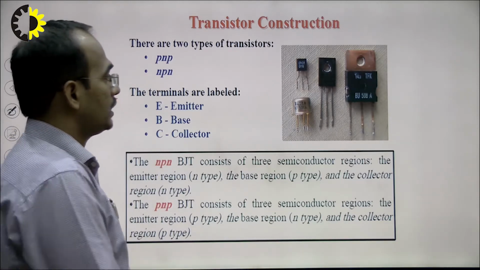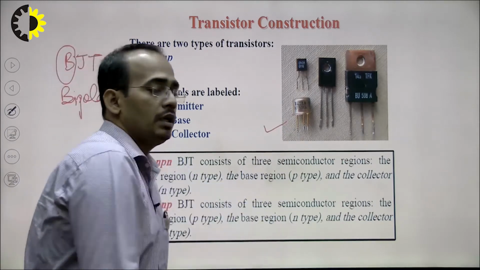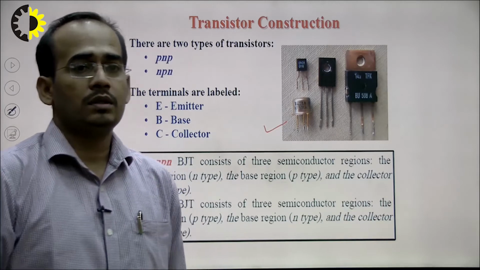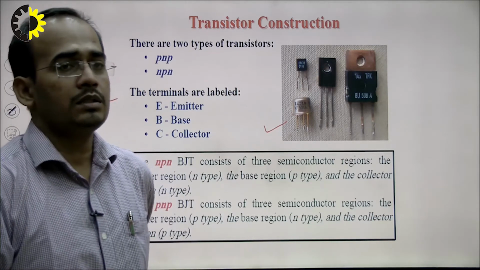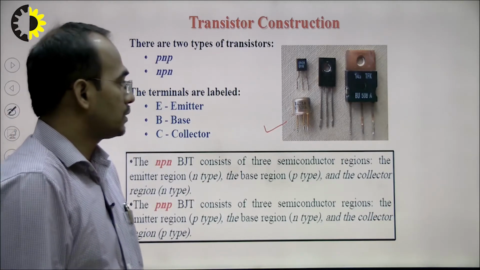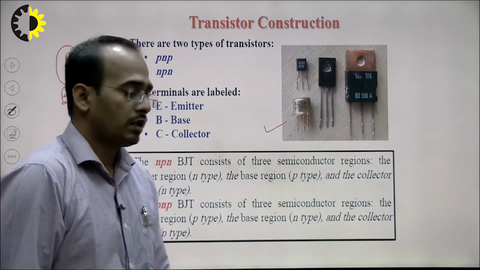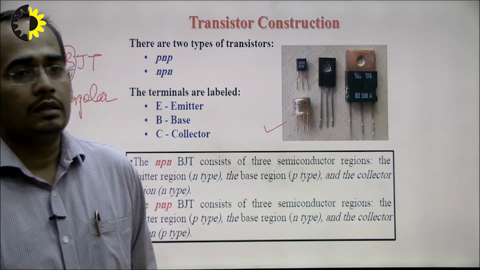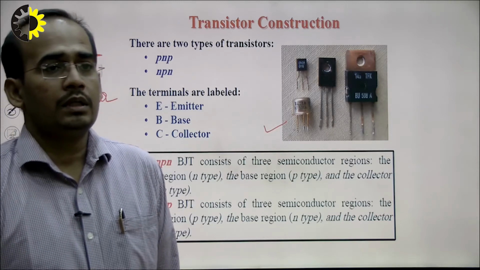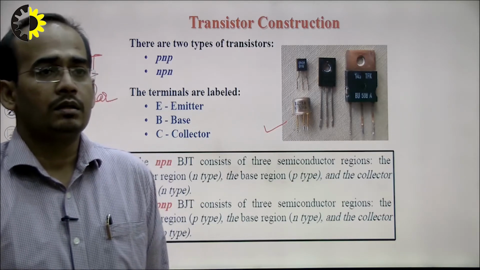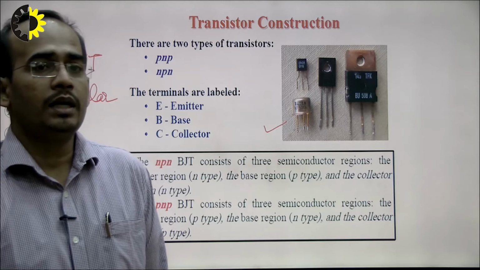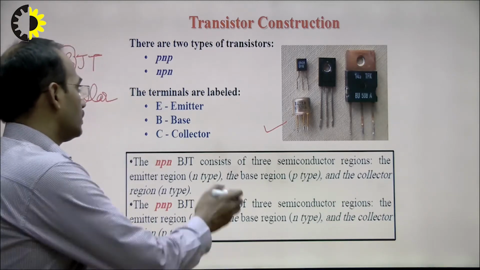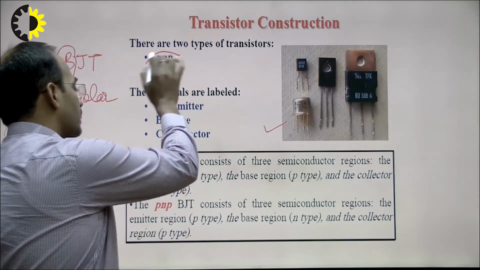In this figure, it is shown that the components available in the laboratory, the bipolar junction transistor has 3 terminals, and the picture shows that the components available in laboratories look like this. And basically there are 2 types of bipolar junction transistor: NPN and PNP. In both transistors we use 3 terminals: emitter, base and collector.